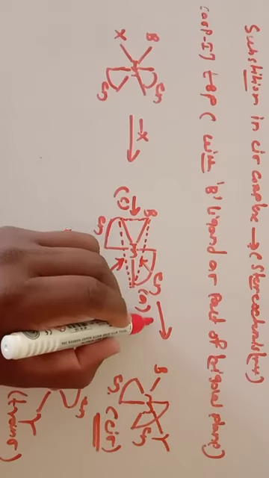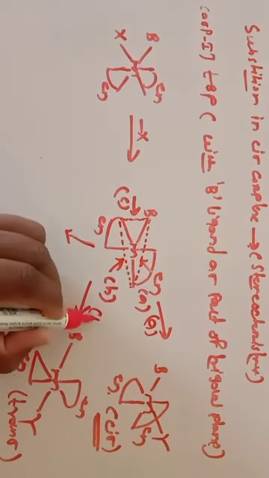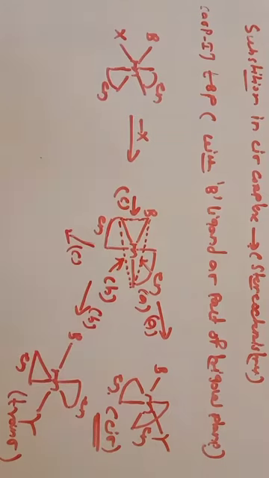So this is your A, this is your B, and this is your C side. So what is the product when it is attacked from the C side? This is your metal. It is attacked from the C side, and then this is your Y. This is your B, and the remaining is like this. So this is your en, and this is also your en.